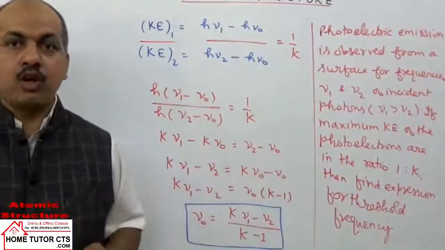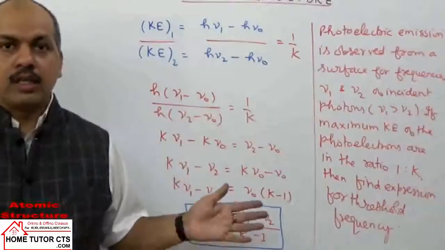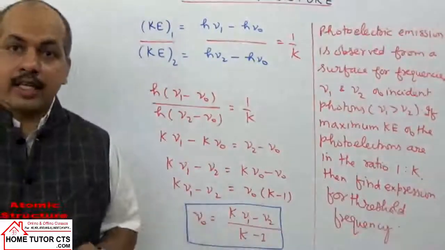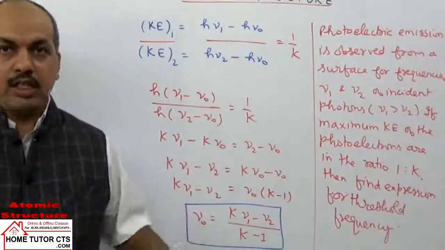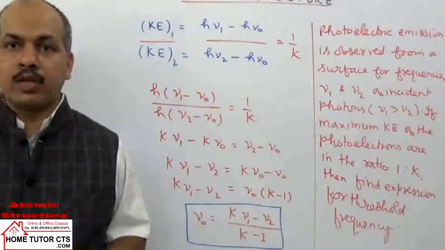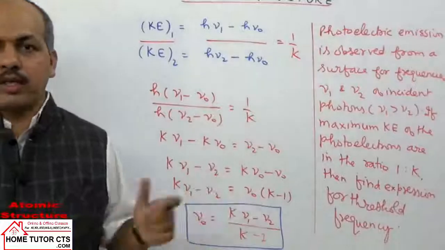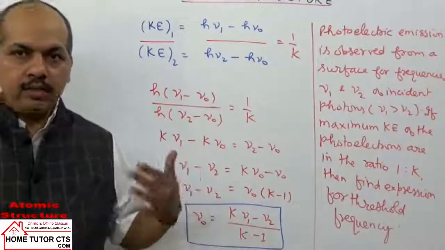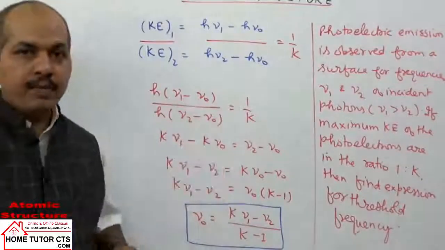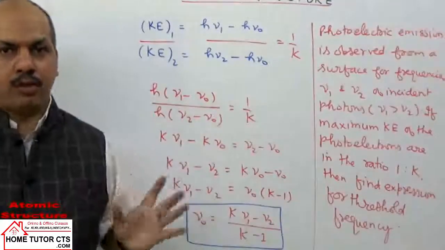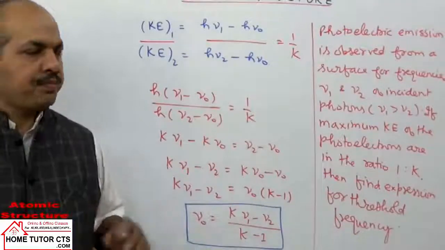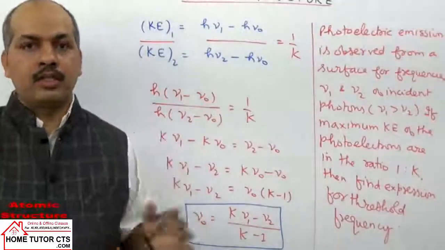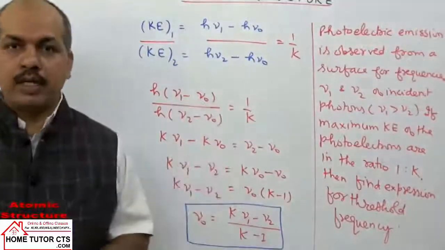But I will take the chapter sequence differently. I will first cover the concept of orbitals and quantum numbers, then I will write electronic configurations, and lastly I will cover the quantum mechanical model, because you rarely get questions in quantum mechanics in examinations, but you get some questions. So we have to make all the points clear, but the topic order will be a bit different from your books. First we will cover quantum numbers and the concept of orbitals.